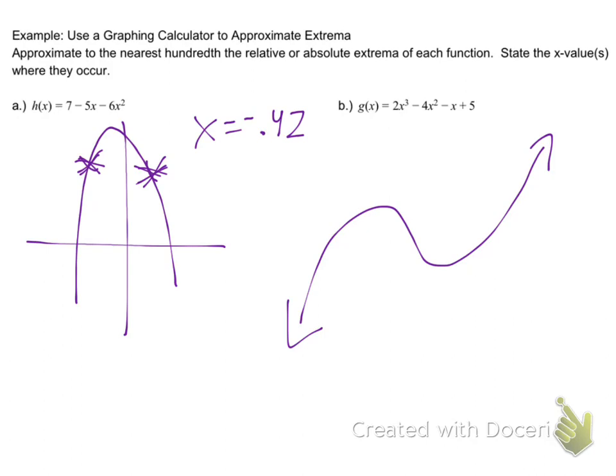Again, go to your calculator, make sure that you type in the equation, hit second calculate, and hit maximum. Make sure that you put your little star for the left bound and the right bound just to the left and right of that maximum, and then again for the minimum. So therefore you find